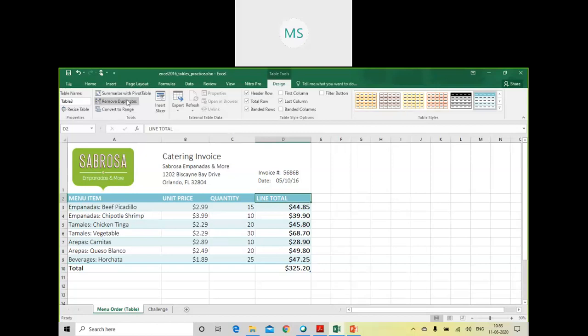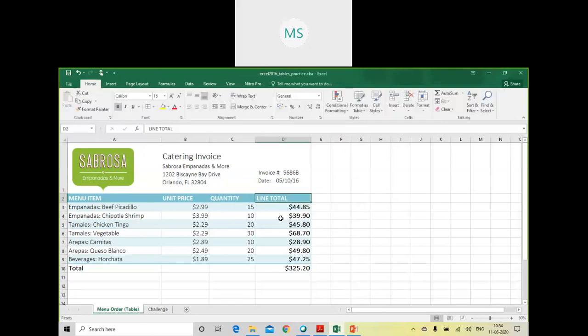If you want to remove duplicate values from your table, you can do that. If a table has a duplicate value, that can be removed. Now if you want to convert to range, the convert to range option is useful to convert a table into a normal range of cells, like into the previous state.